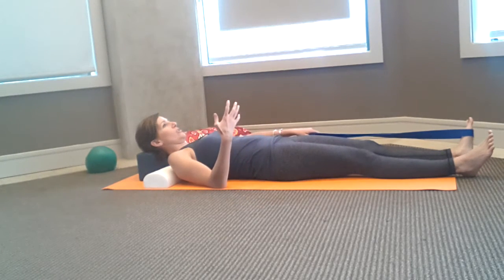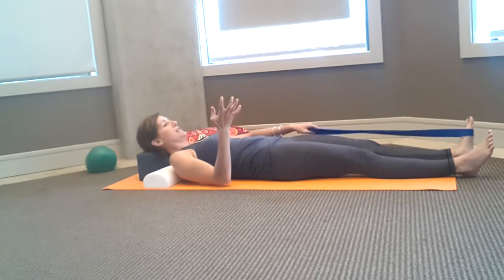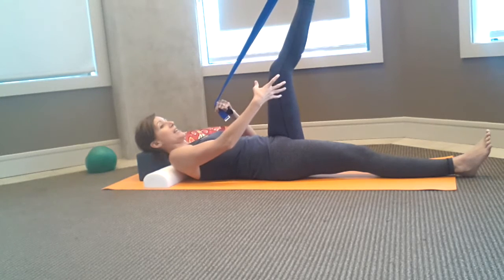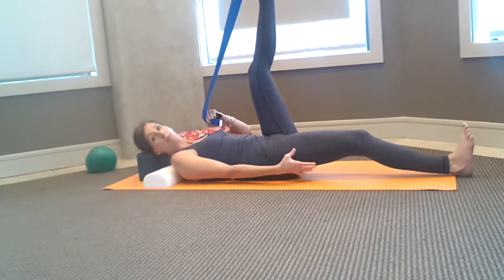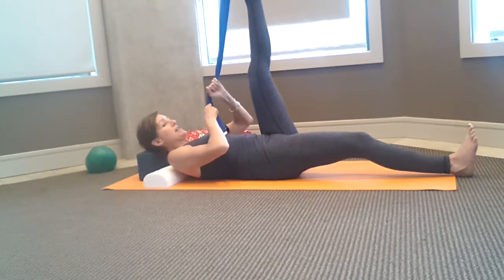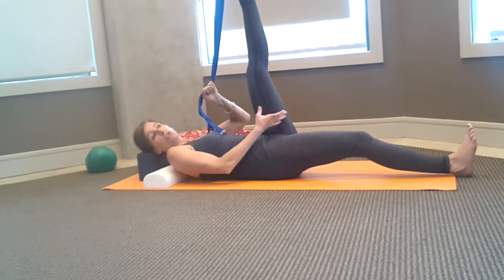Going into a hamstring stretch, for instance in yoga classes, this may be a stretch that is typically done, and people will get their leg up and they've got here, and then there's an illusion of flexibility or length when the pelvis starts to tip posteriorly and this thigh comes off of the ground. So I can have my leg straight up here and feel like I've got great flexibility in my hamstring on the left side, but the reality is I haven't actually lengthened anything here. All I've done is tilted my pelvis back and lifted this hamstring up to give me more